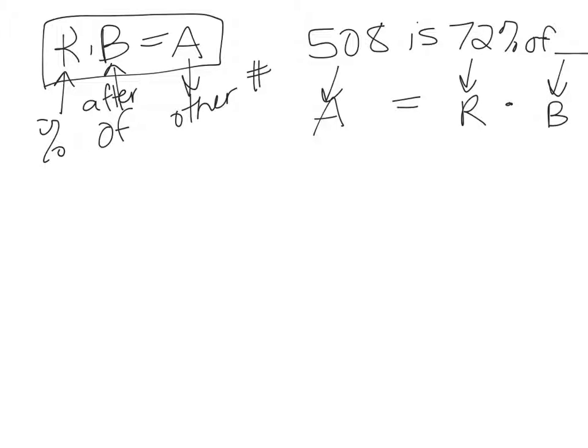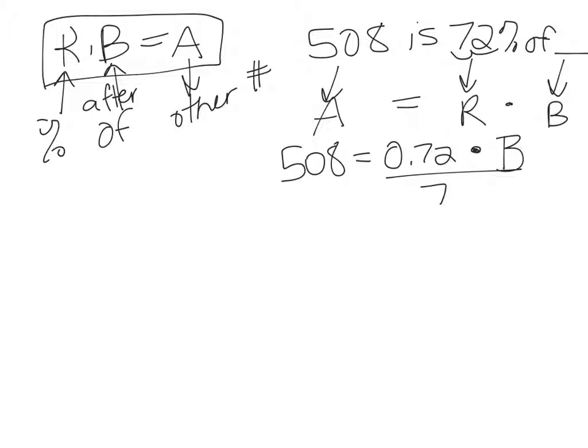So I just need to rewrite this as 508 equals, and my rate I'm going to write as a decimal, move that decimal 2 places to the left. Of means times, B is the number I'm looking for. So when I'm trying to solve this equation for B, B was multiplied by 0.72, so I just divide both sides by 0.72. So they cancel here and I just have B,